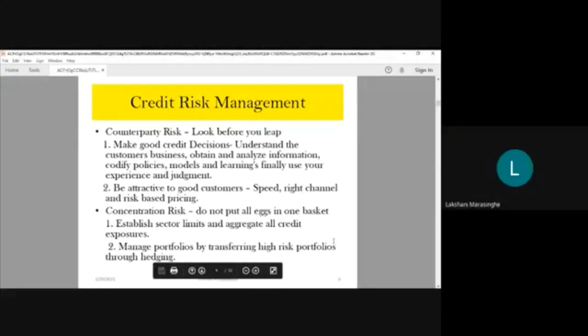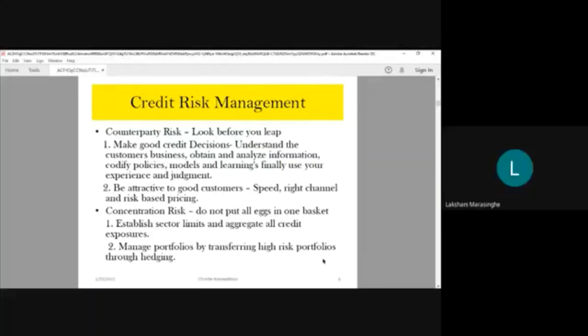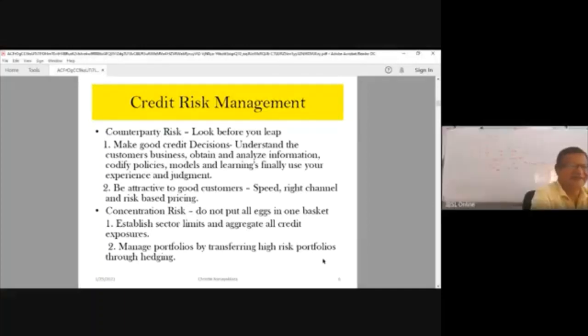So I told you credit risk management has two parts. One is counterparty risk. That means your customers, if they default, as a result you will have credit risk. We call it counterparty risk, the customer default. So to avoid that, what we need to do is make good credit decisions. We say you need to understand the customers' business, obtain credit information,